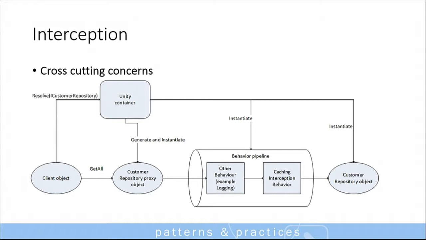And we tend to sprinkle a lot of this cross-cutting concerns code in, let's say, the business logic of the application. So one facility which allows you to decouple this code from the actual core code of the application is interception. So I'll explain briefly how interception works with Unity. So when you are using interception with the Unity container,